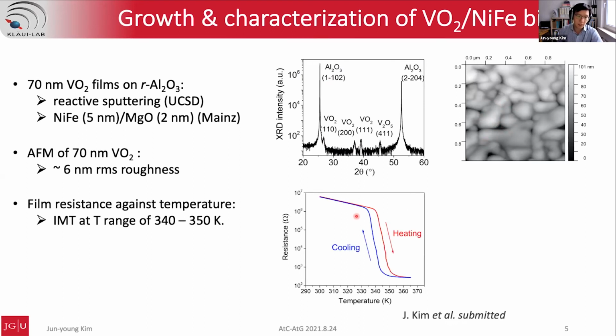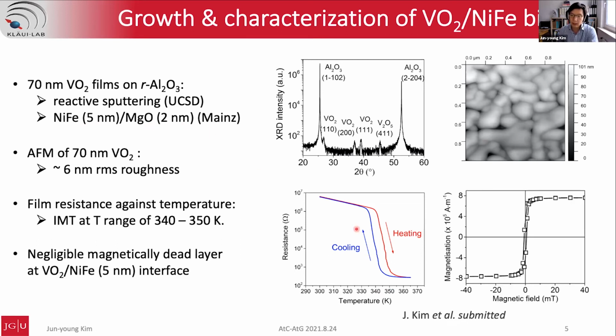Regardless of this structure, we can still observe a very prominent insulator to metal transition with about 3 to 4 orders of magnitude change in the resistance, in a narrow temperature range of around 10 to 20 Kelvin at around 340 to 350 Kelvin. And then on top of this film, we deposited 5 nanometer nickel iron and 2 nanometer MgO by